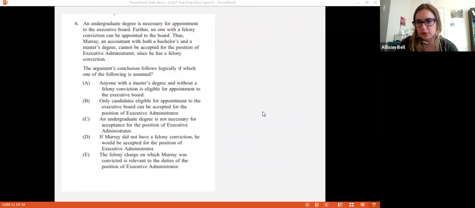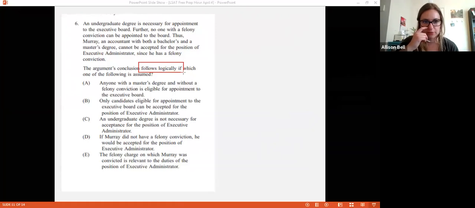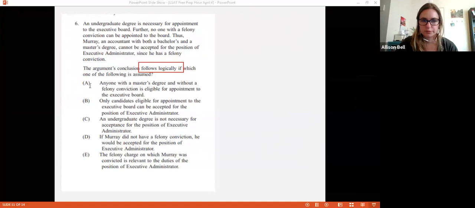Okay, so we're looking at this question through the lens of conditional logic. There are a couple of things I want to point out about it. The first is the question type. This asks me, the conclusion follows logically if which one of the following is assumed. Does anybody know what type of question that is? Like, what would we call that? So I would call this a sufficient assumption question,